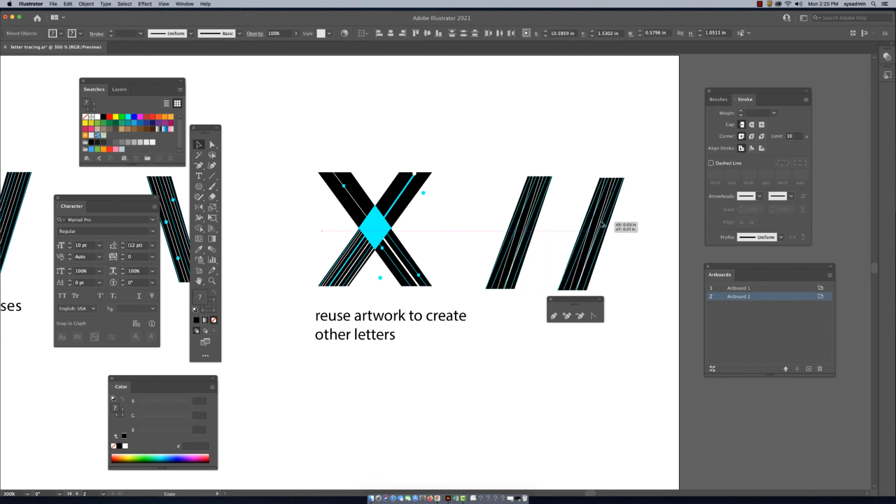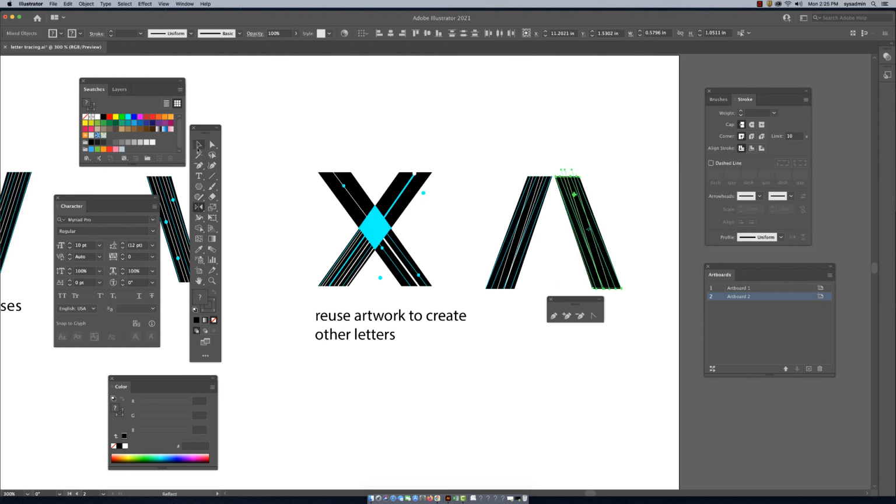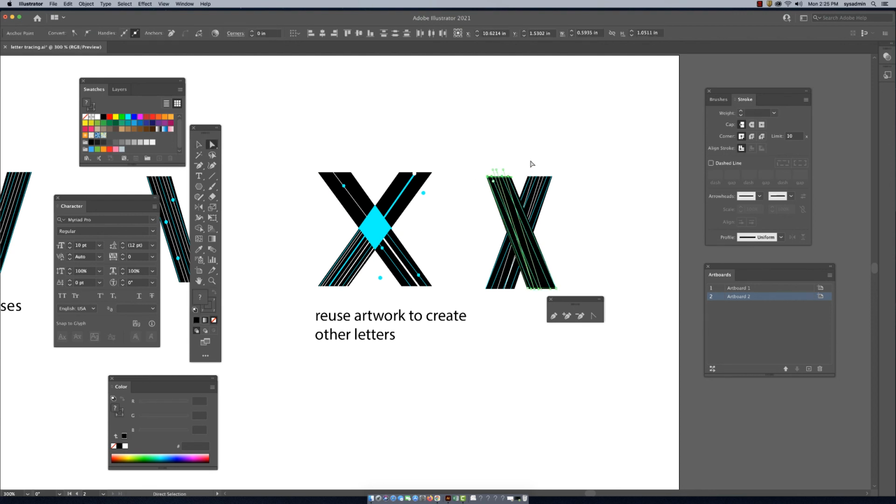I'll just Option click and copy it. I'm going to get my reflect again, and I hit OK. Use my black arrow tool to, okay, so now you can see my X doesn't quite look like it does over here. So that tells me that I have to work with essentially moving, and this is going to really stretch my artwork in a way that maybe I like, maybe I don't like. And you can see those lines are getting in the way, but